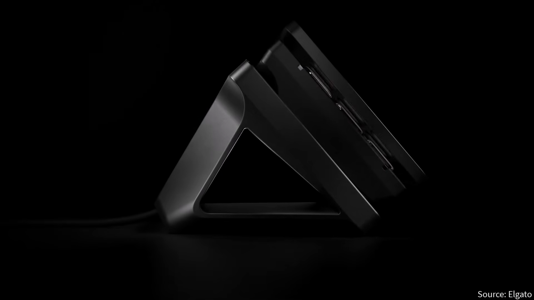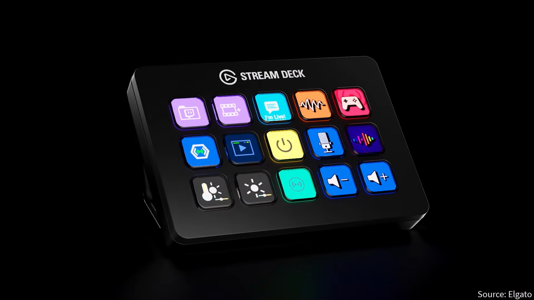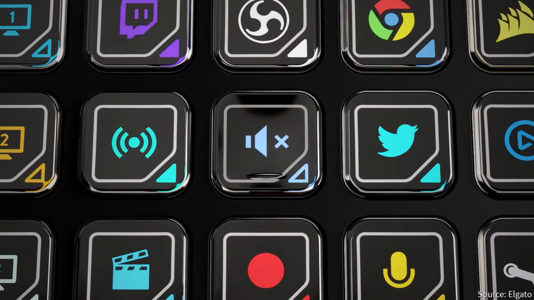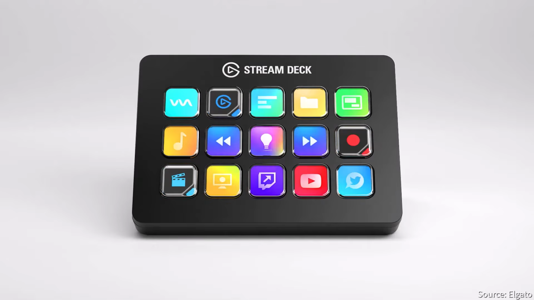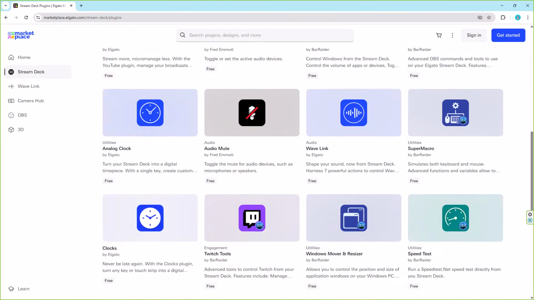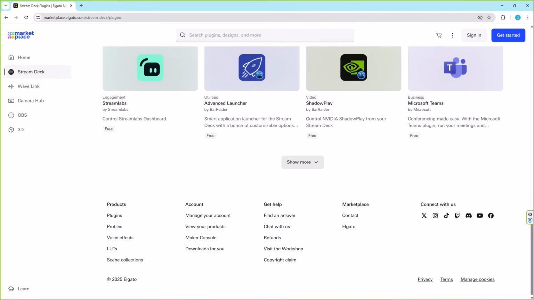An absolute game changer in my workflow has been a small device called the Stream Deck. Although it's mostly known as a tool for streamers to switch cameras or trigger effects, I discovered its huge potential thanks to a countless number of plugins. These allow you to control not only various applications, but also the operating system itself, making it a truly versatile